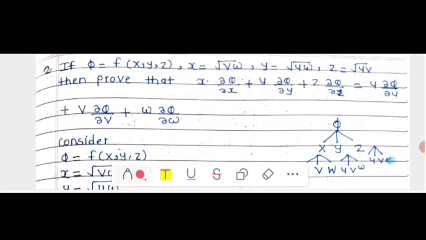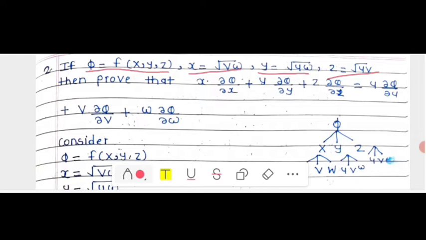In today's lecture, we see some examples on the chain rule for the partial derivative. So here, see the example first. If phi is equal to f of x, y, z, and x, y, z are defined as x is equal to square root of vw, y is equal to square root of uw, and z is equal to square root